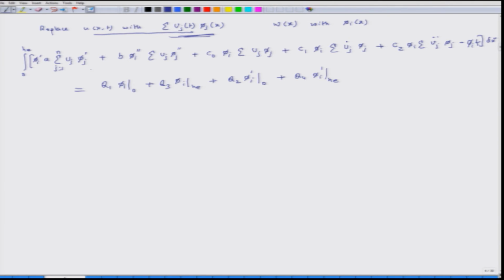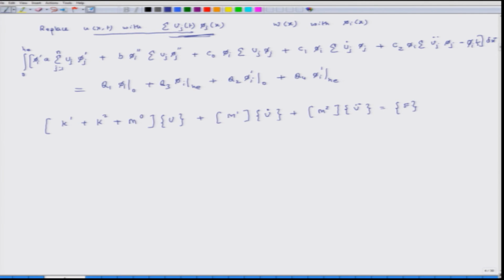So, this equation I can express in this form: k1 plus k2, so basically these are three matrices, plus m0 times u plus m1 times u dot plus m2 times u double dot is equal to